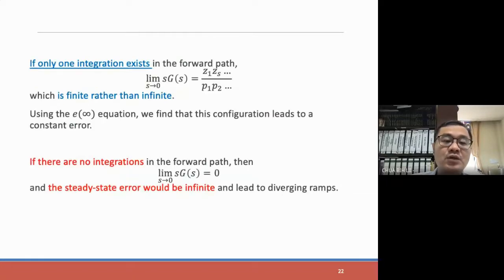If only one integrator exists in the forward path itself, then there will be a finite steady state error. If it is 2, then there is 0 steady state error. But if it is less than 1,